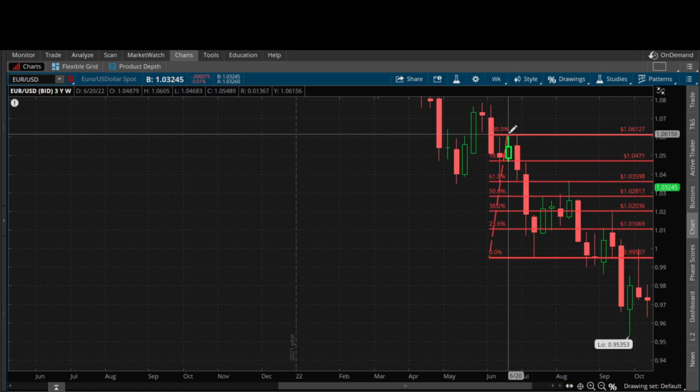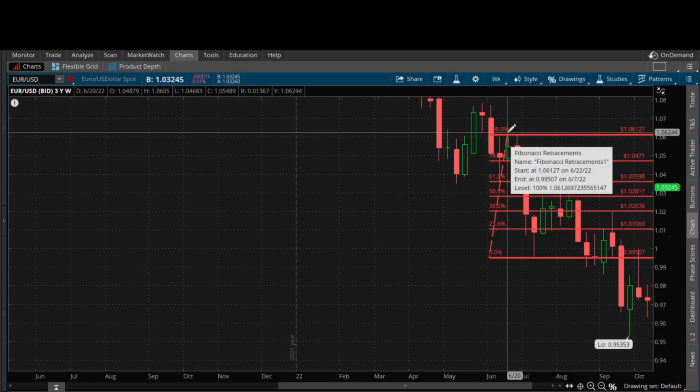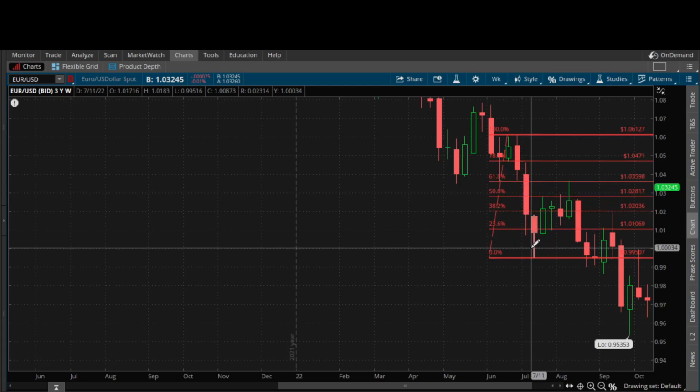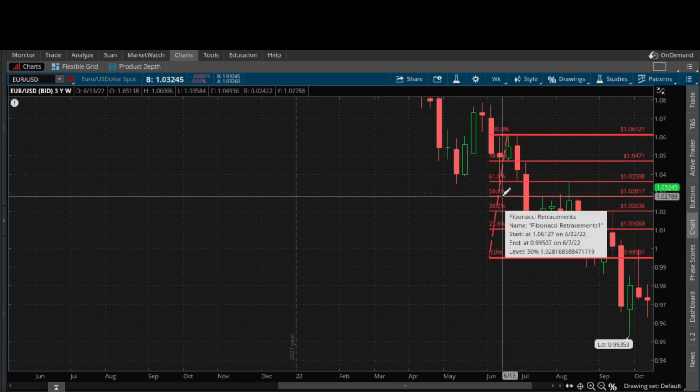So here is a price range. You've got your high right here. If you look at my cursor, see how I took this price range from the high to the low. There is a price range. Where is 50% of that price range? Right there. Now in this example, the structure is bearish and it's expensive. Those are the best plays. Those are the money makers going with the trend like that.